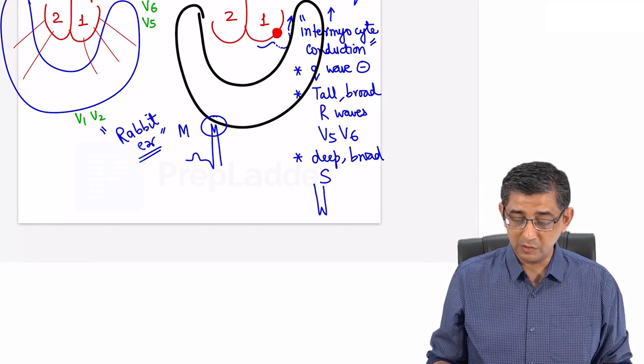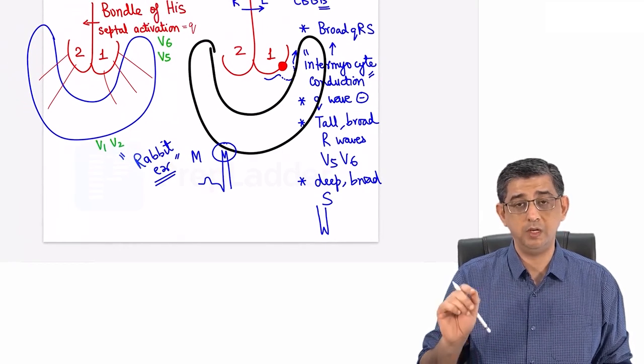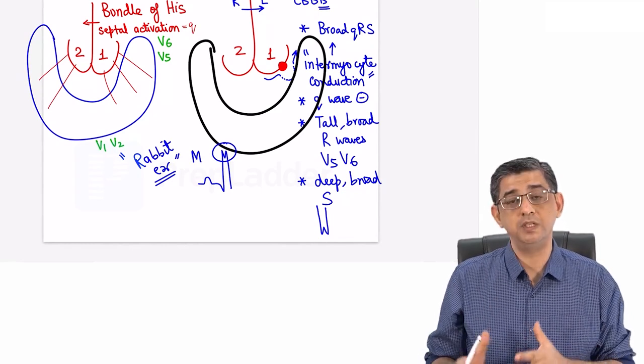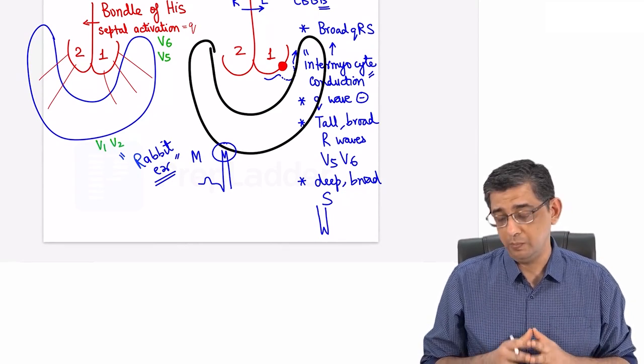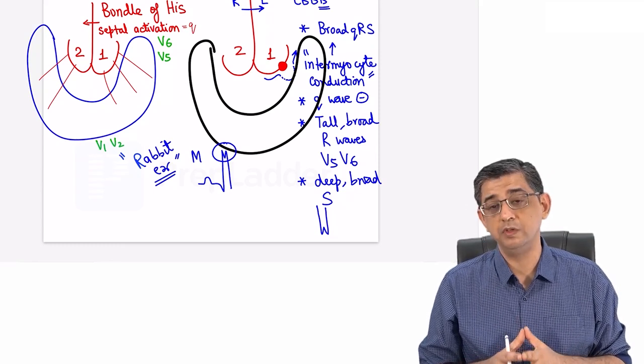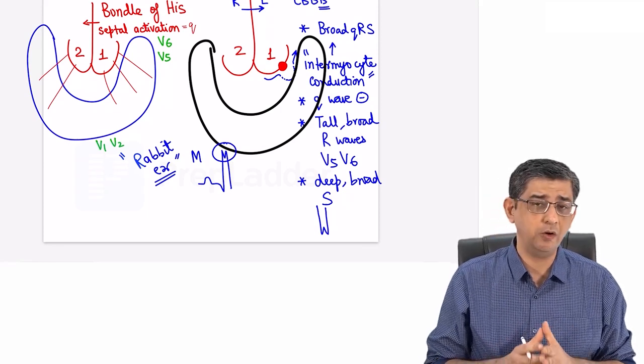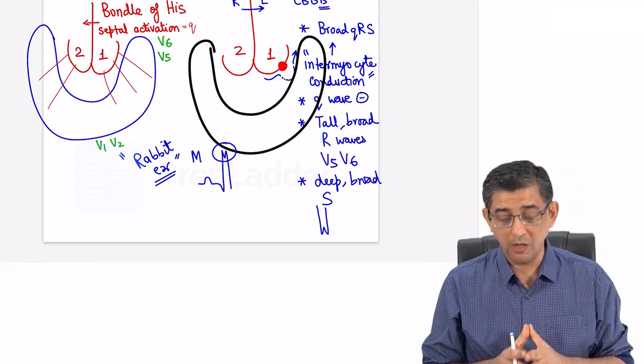The bottom line with respect to left bundle branch block would be, point number 1, broad QRS. That's going to be present even in right bundle branch block. But the special features are absence of Q, presence of tall broad R waves in V5, V6, and a deep S in lead V1. I'll also tell you a hack or a shortcut for how to remember it, but now I'm going to tell you